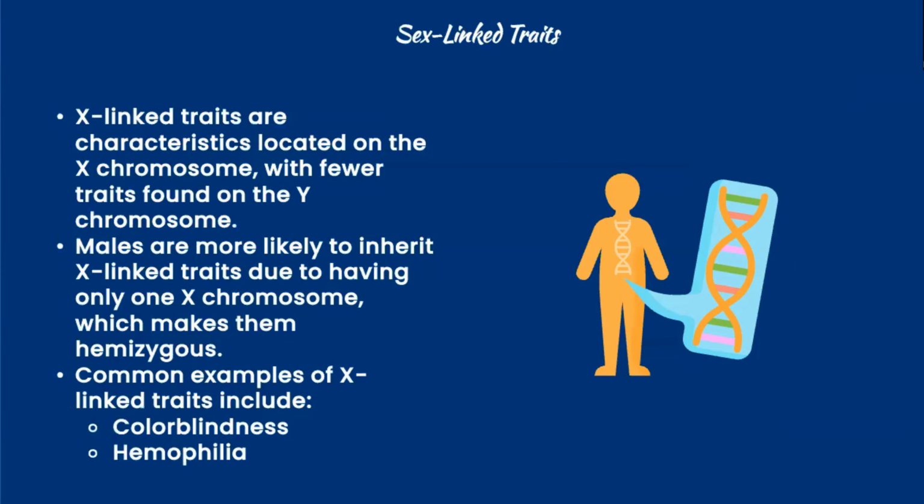Now we're going to go into sex-linked traits. So sex-linked traits are the designation or understanding of sex-linked genes. For example, for females, remember you have 2 X chromosomes, and for males you have 1 X and 1 Y chromosome. What's unique about that is that males are more likely to inherit X-linked traits because it's really just all or none. We also call that hemizygous